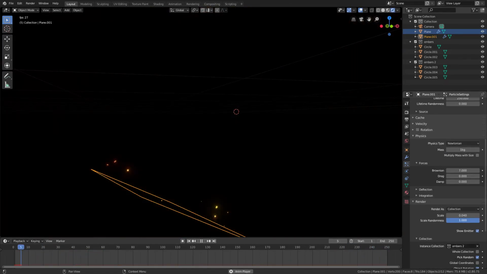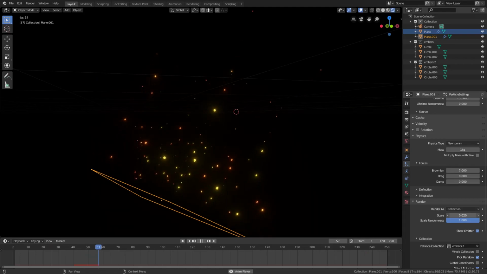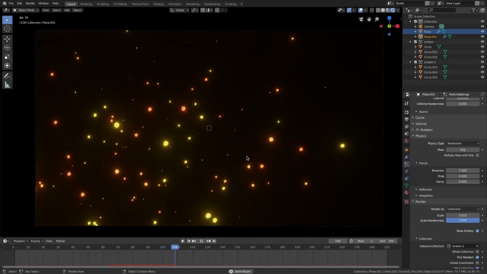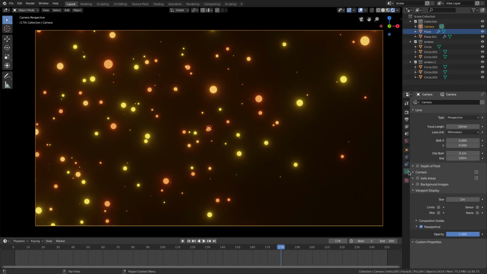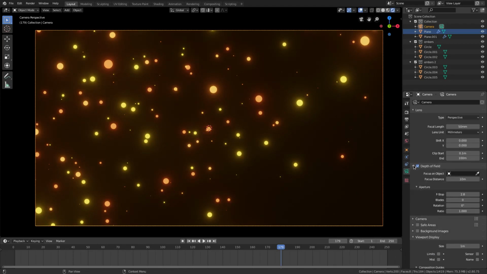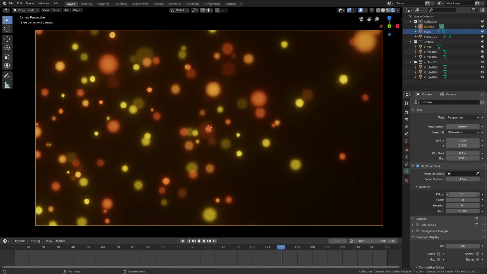The random size all the way up. And the scale needs to go way, way down. So they're just really tiny. Just really, really tiny. The final touch, camera. We're going to select our camera. Go back to the camera tab, select depth of field, check that, make sure it's on, turn the f-stop all the way down, and then we're going to select, you can leave it like this, actually, to be honest with you,